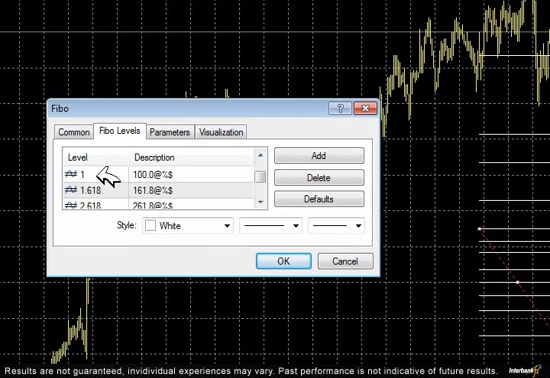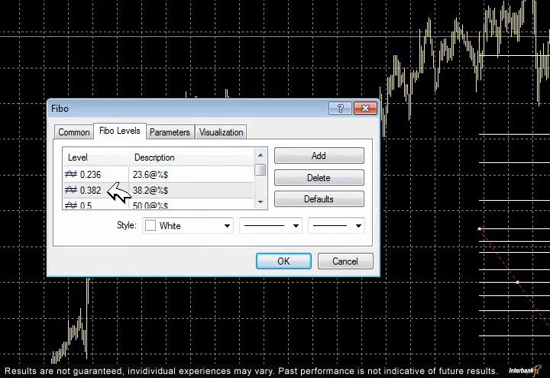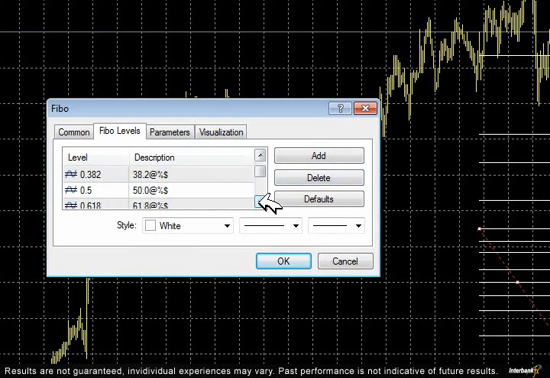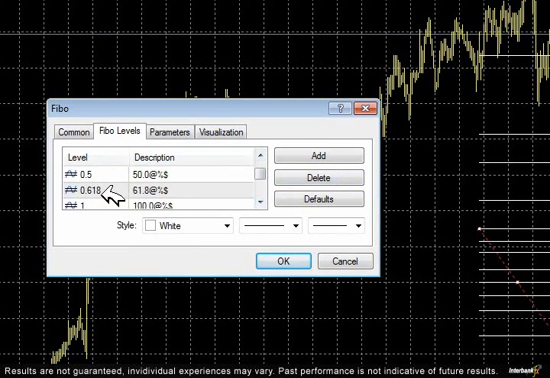So 0.236, 0.382, 0.5, 0.618, 0.786, 0.886, and then your 1. That completes your retracements. Your extensions begin with